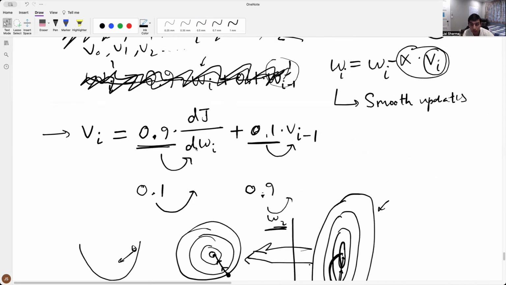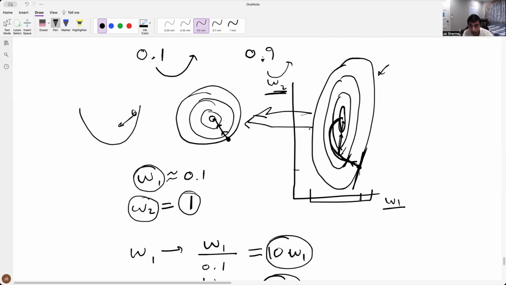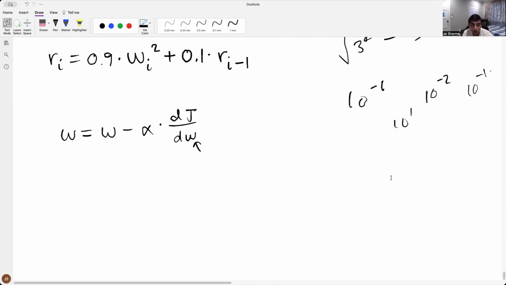So since over here, this update in this direction would correspond to something like this, right? And we want it to correspond to something like this, right? Which means that we want to shrink whatever this is, and we want to basically point more in this direction, right? And because of that, what we can do is we can just divide this by we used r,